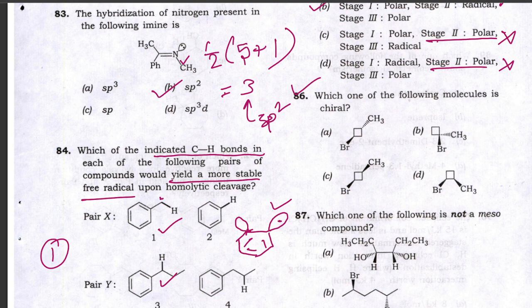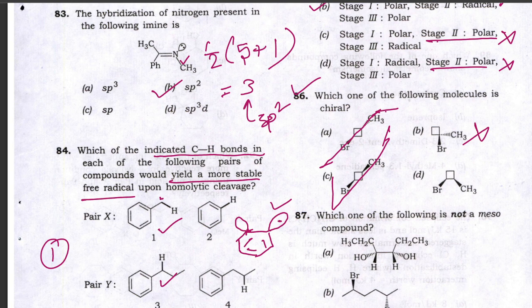So we have to find out which molecule does not have a sigma plane. You can see if we put a sigma plane like this, the sigma plane passes through, so this molecule is achiral. If we put a sigma plane like this, where the sigma plane contains both bromine and CH3, then this molecule also has the plane of symmetry. So this option is also wrong, this option is achiral. And here also, the same way, if you put a sigma plane this way, this molecule also contains a sigma plane.